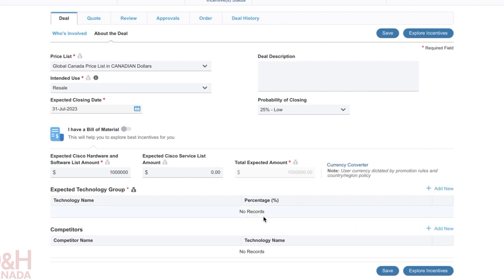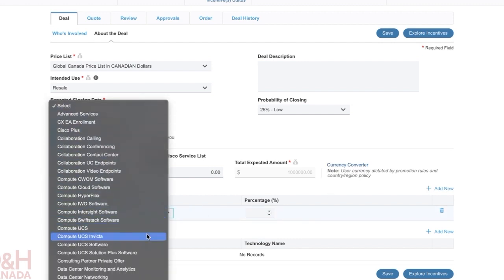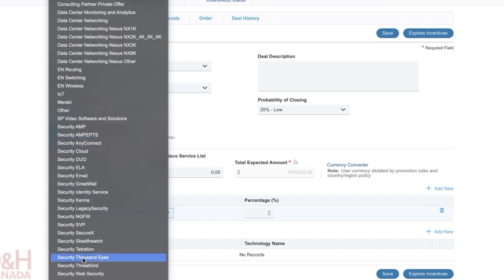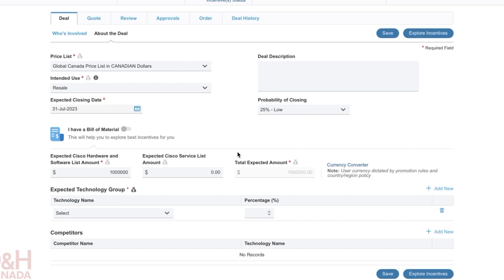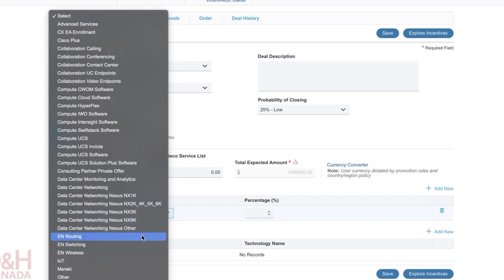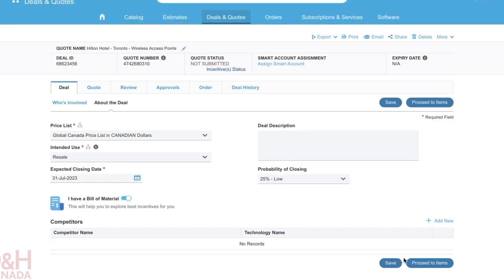Here, you can do expected technology group. So this is basically, if I don't know what I want to sell them, I can actually just go in and pick the overarching technology that I know I'm going to be selling them. For example, here I know I want to sell them wireless, or Meraki, or routing, switching, or any of the multiple security categories. This is just for situations where you don't know the bill of materials. You don't need to fill all this out if you know the bill of materials. What this will do is allow you to at least secure the deal while you're working on the bill of materials, so no one else can go in and register the deal before you do. Anyway, we're going to toggle this option back on and just click